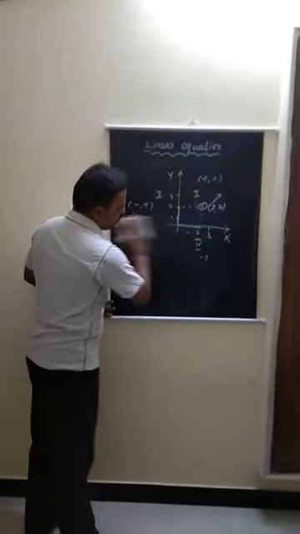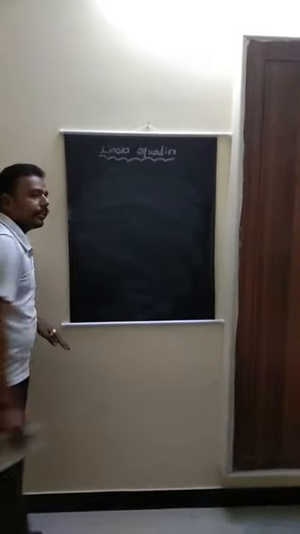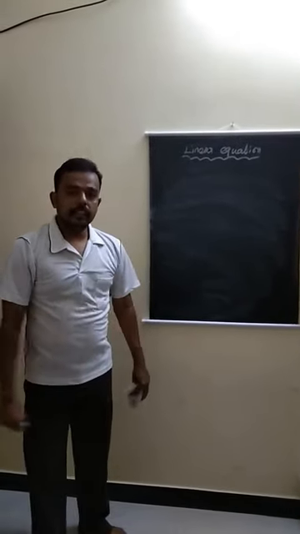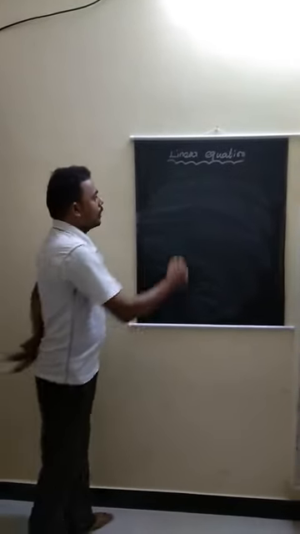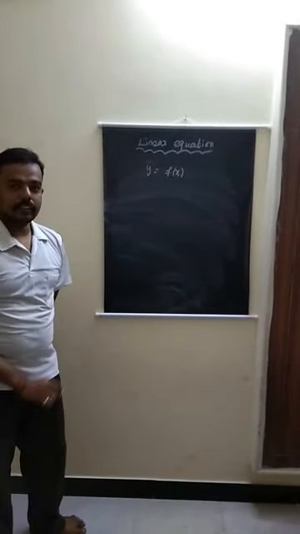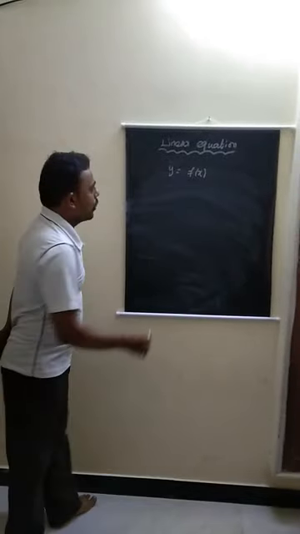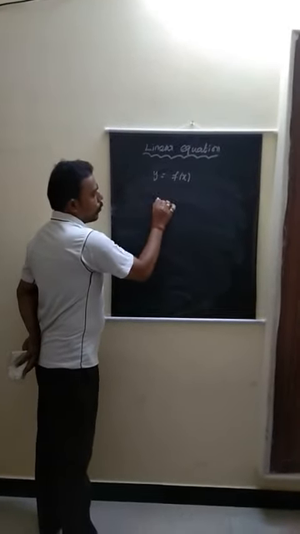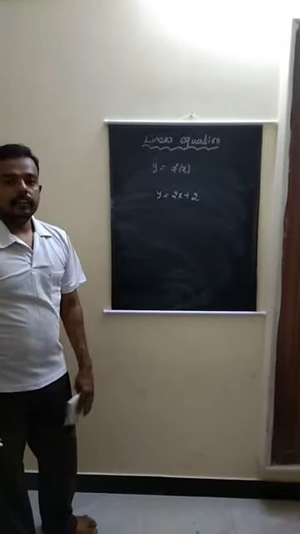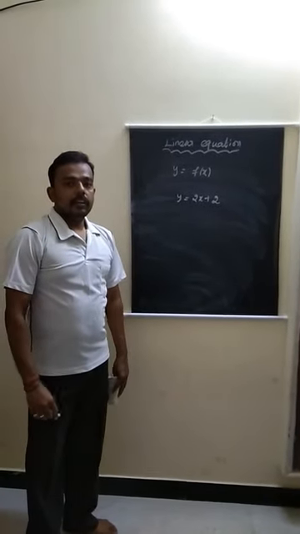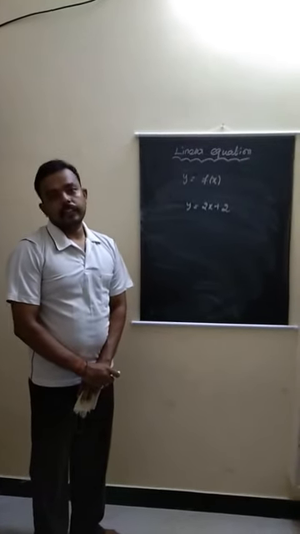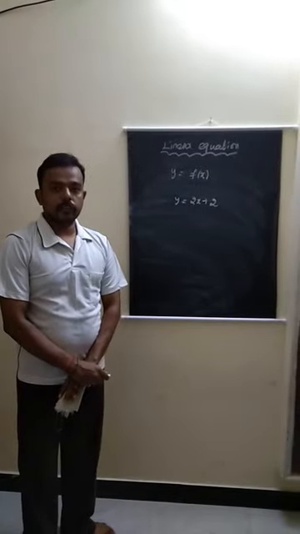So for that, what is meant by linear equation? In that linear equation already we introduced that equation involves variable. That variable is nothing but y equal to some function of x. Don't bother about this function of x, f of x like that. Example, suppose y equal to 2x plus 2. Already you studied the relation between you and father, that is age relation, and father and grandmother age relation.